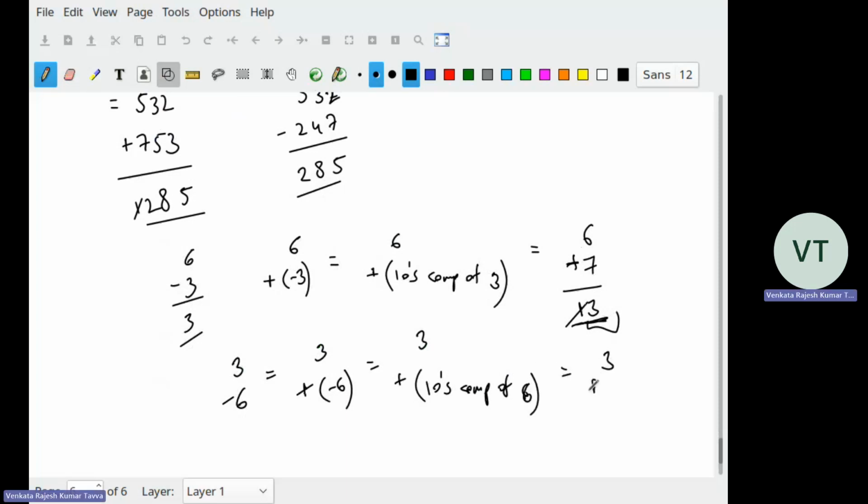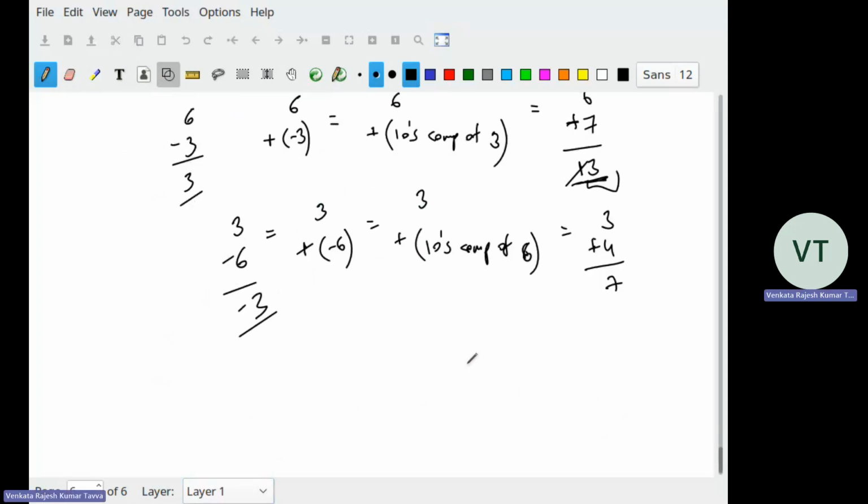Yeah, that is 3 plus 4, 7. But the answer should be minus 3. So how do I connect 7 with minus 3? 7 minus 10, right? So what we say,